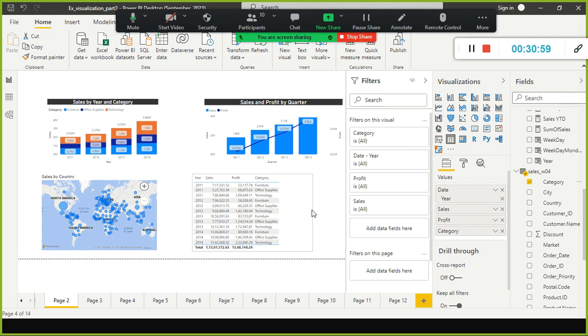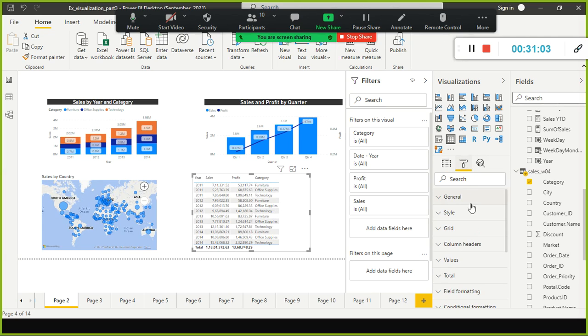And the same thing, I will just convert that as a matrix. You have a lot of options available, very simple ones. You have something called column headers. You can increase the font size, and you can play around with all the things. You can try all these options. And also we have something called conditional formatting. This is very important. Conditional formatting and field formatting is also available.